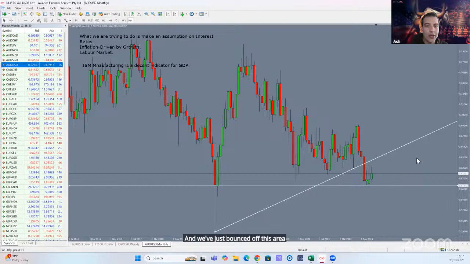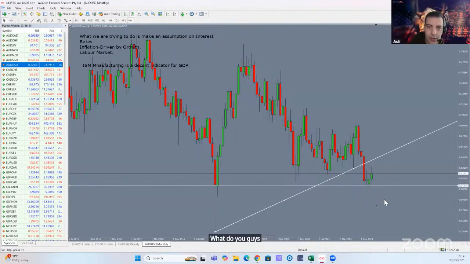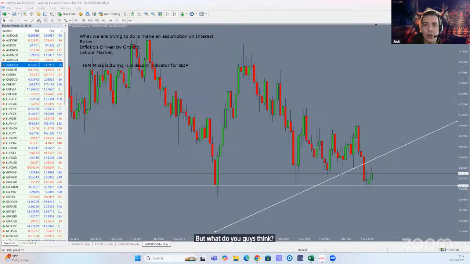So when you look at this chart, and I'll ask you guys in the room, what does it suggest to you? Should you be buying? Should you be selling? Or should you be getting ready for a move in a direction? What do you guys think? I just want to make sure you guys can hear me as well and see the chart. We've had no comments in the chat yet. But what do you guys think? Buying, selling, or